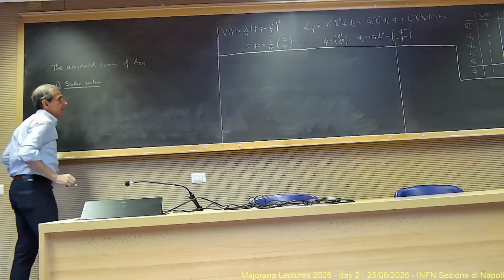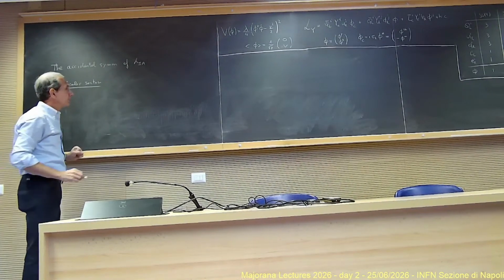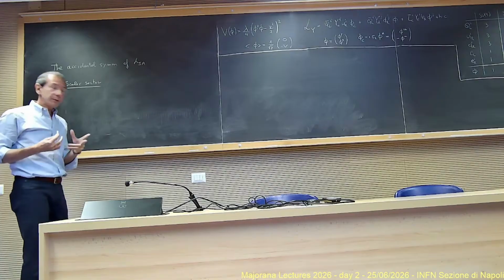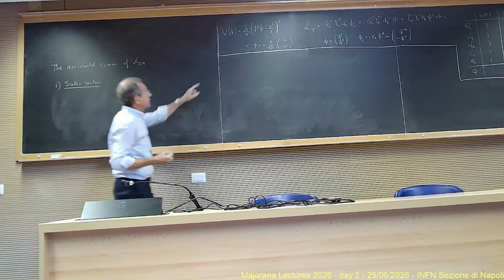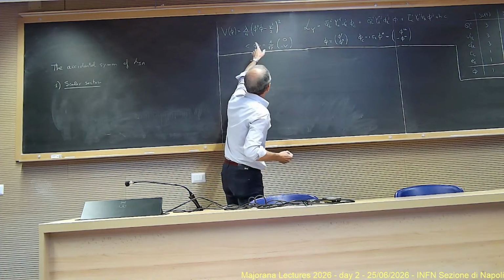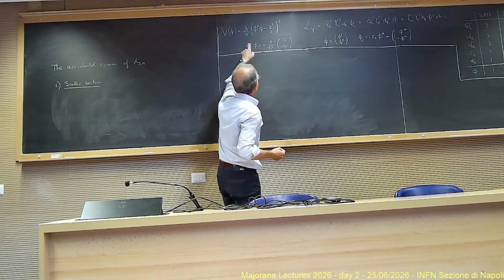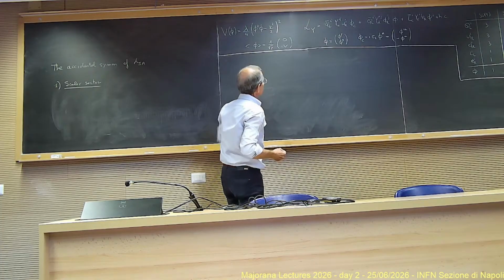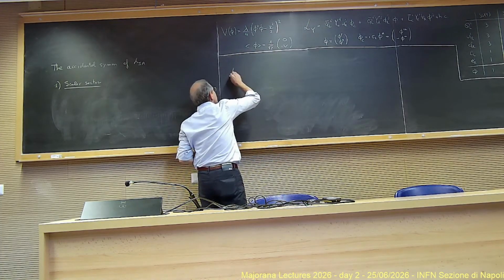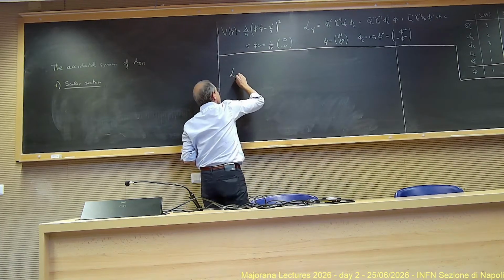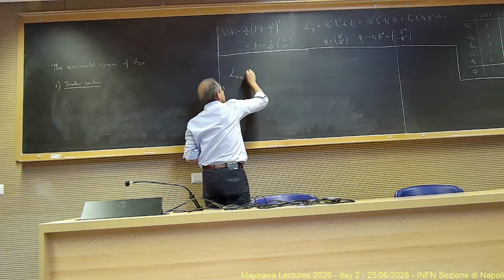So, in the scalar sector, which is the sector of the Higgs only, there is essentially only one accidental symmetry which is important, which is the so-called custodial symmetry. What is the custodial symmetry? See, this is our potential, okay? Let's look at the full Higgs part of the Lagrangian, which is